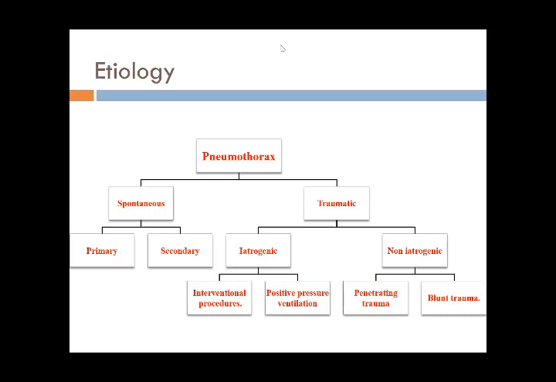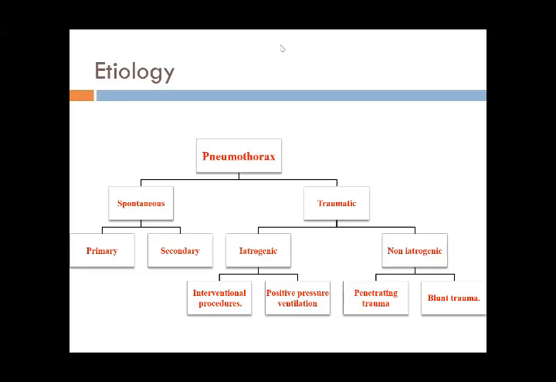In ventilation, when you are giving air into the lung at a very high pressure, sometimes due to desynchronization of the lung and the ventilator movements, pneumothorax can occur. This is the largest reason for iatrogenic pneumothorax, which is very common in intensive care units, especially in patients who are on ventilation. They usually develop it very frequently due to mismatched ventilation.